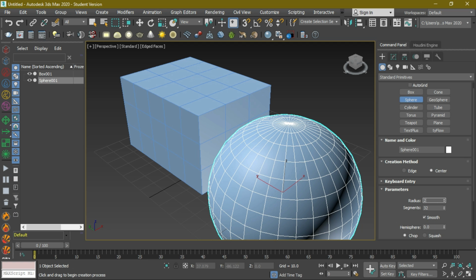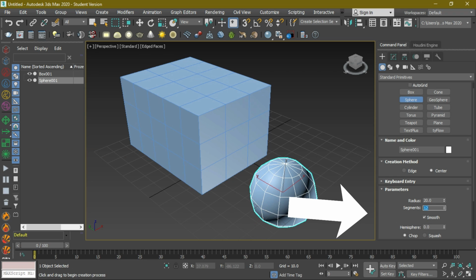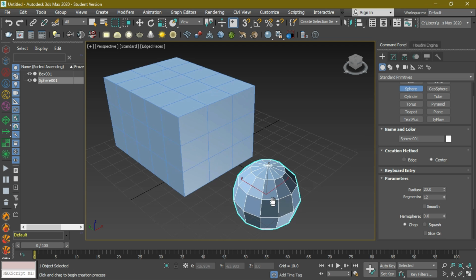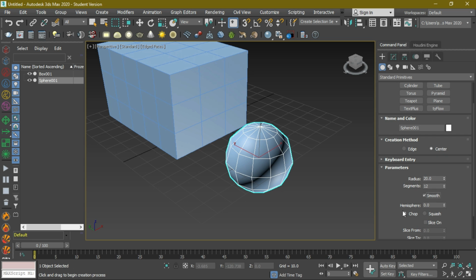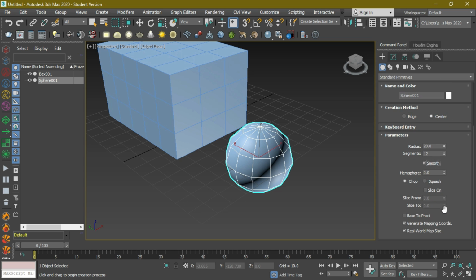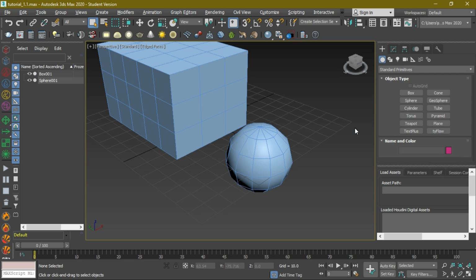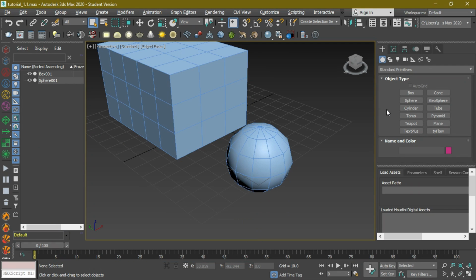You can see you can change the radius from here as well, and the segments, let's say instead of 32 we are selecting 12. So here you can see other options, many different options. Smooth, let's uncheck smooth. You can see the sphere is not smooth anymore, so check it again. And there are many different options we get in here. So likewise you can draw many different objects from these panels. Here you can see how we can draw box and how we can draw sphere.